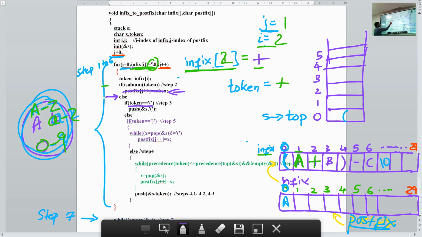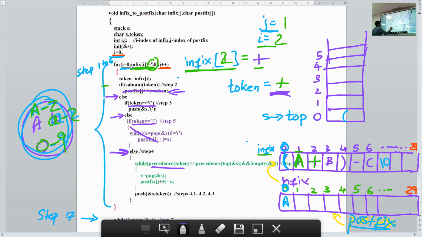I check if the token is an opening bracket. No. So I go to the else part here. Is the token a closing bracket? No. So I do not execute these lines. I come here. Okay. This portion of the code deals with an operator.